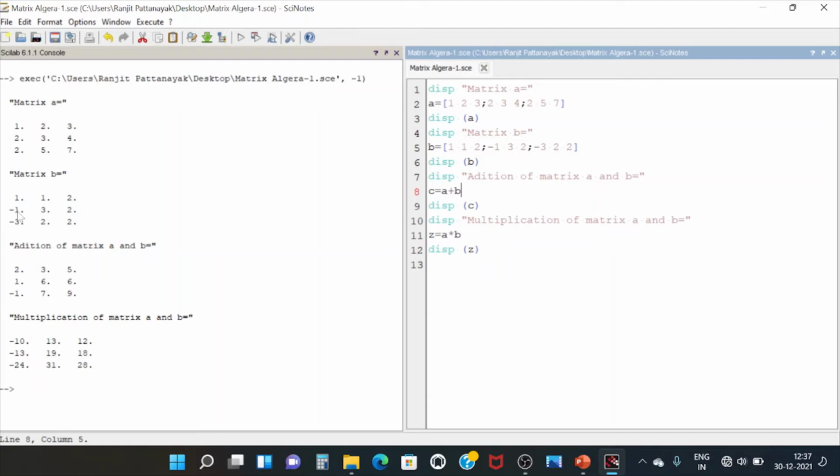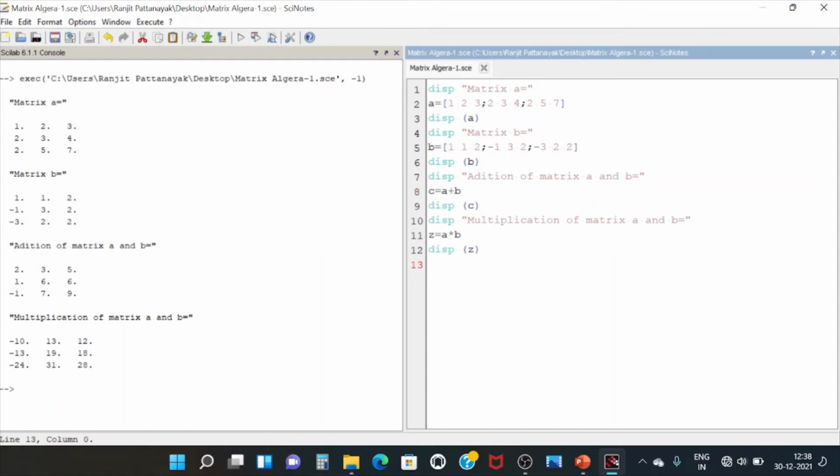So minus 9 minus 2 plus 1, so it will be minus 9 minus 2 is minus 11, plus 1 is minus 10. Likewise, you can consider the second row and second column. Second row of A matrix, second column of the B matrix. As usual, you multiply with your rough work and validate with this answer. This is your multiplication of the matrices A and B.